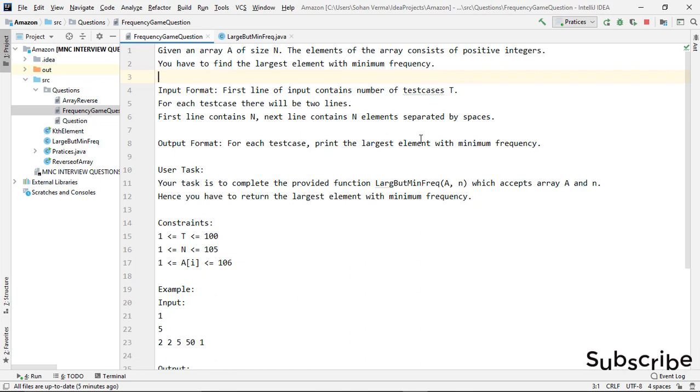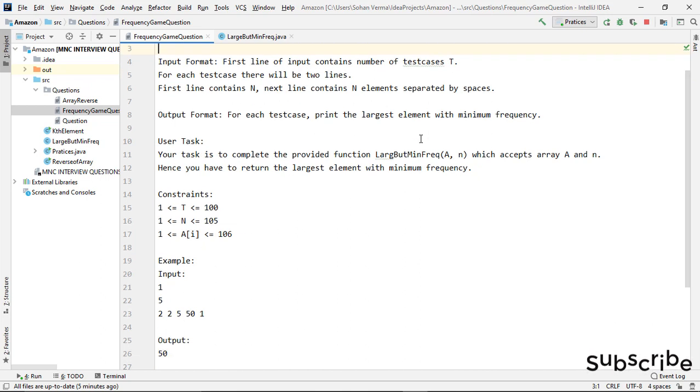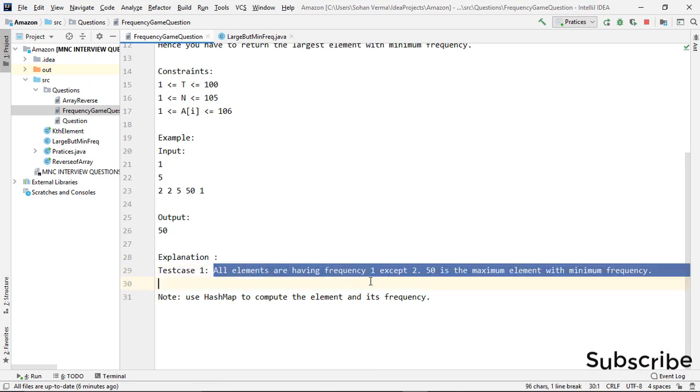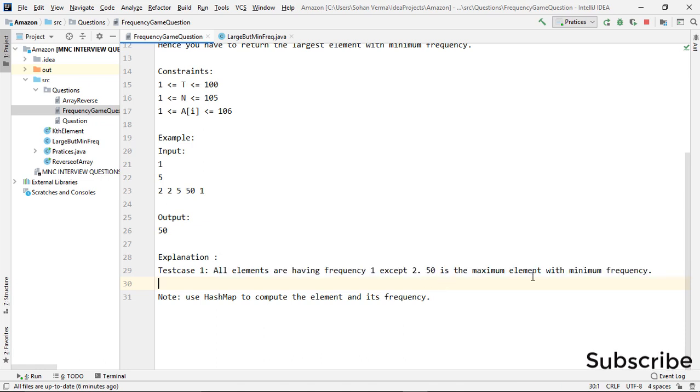The output is to print the largest element with minimum frequency. Explanation: all elements have frequency 1 except 2, so 50 is the maximum element with minimum frequency. So guys, there is one example, with the number of test cases, n, and the format, and the output is